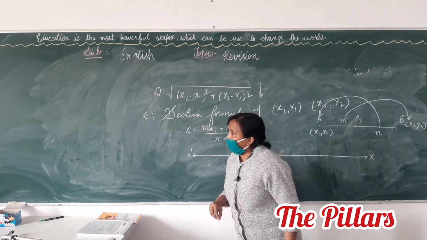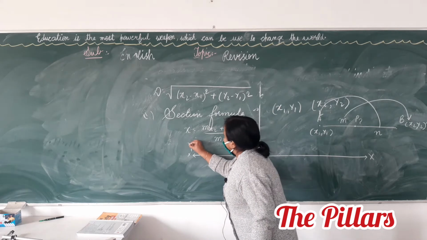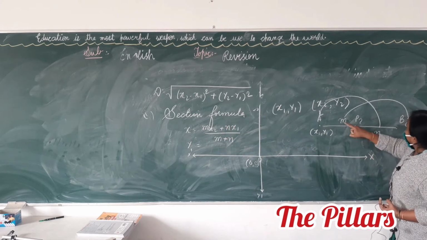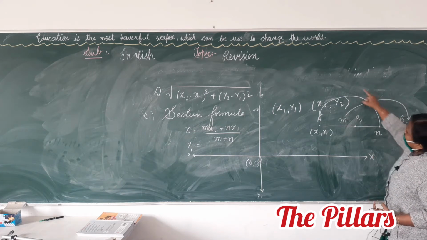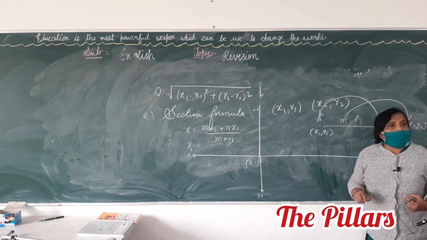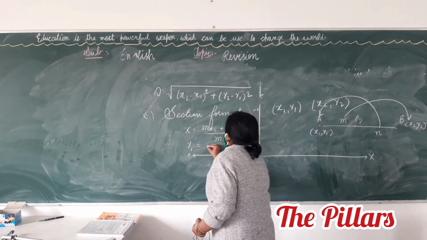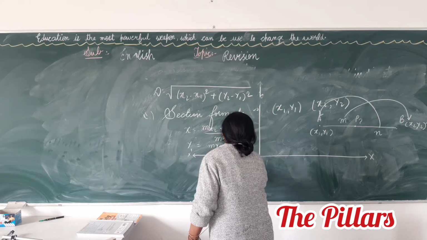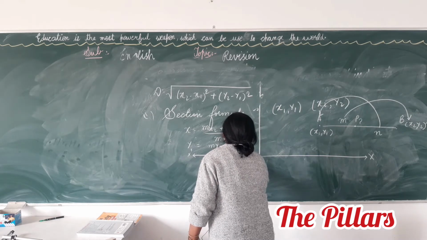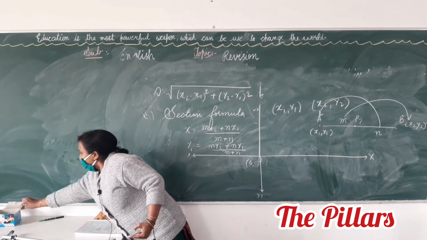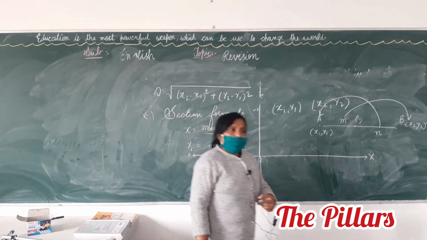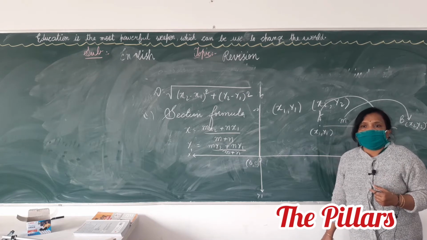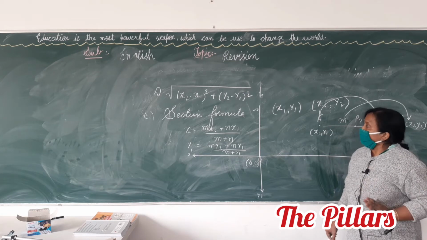Okay, Aditi? And what will be the ordinate of this point, children? my2 plus n y1 upon m plus n. Internally. Did you write the formula? All of you? Written? Now,